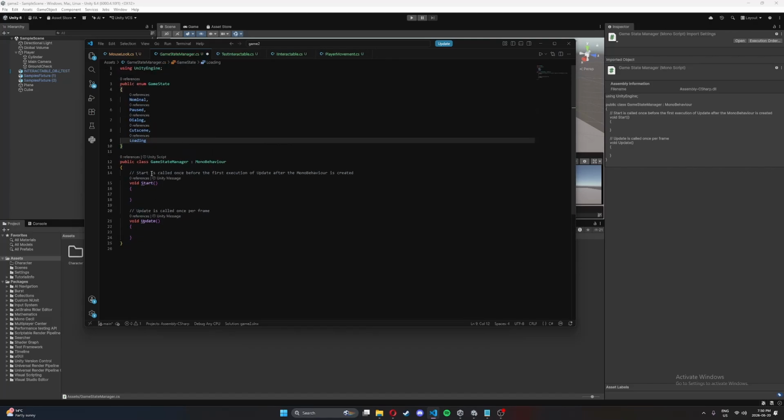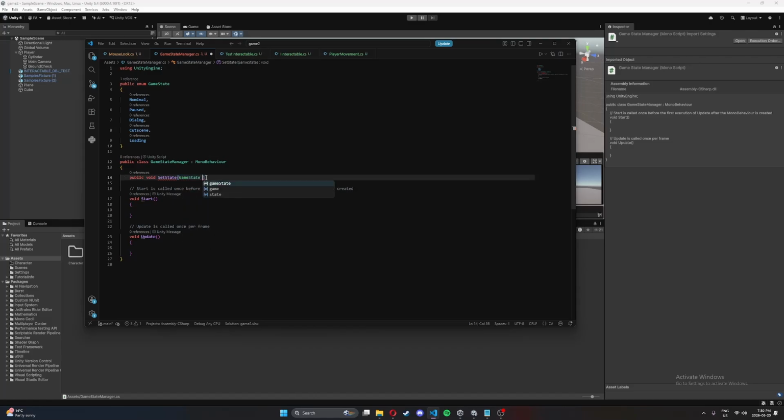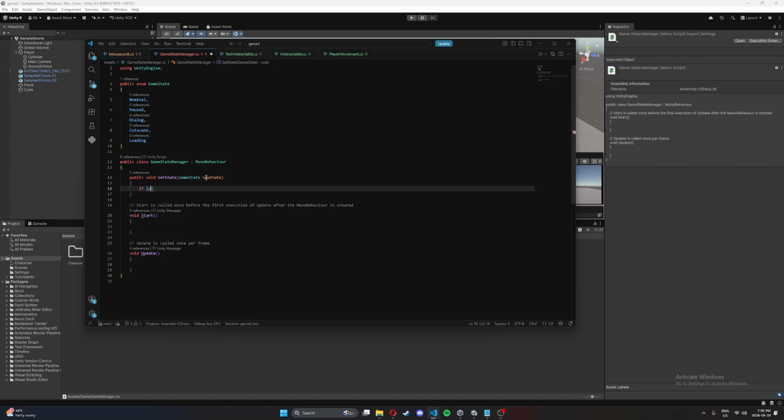Within this, we want to set the state. The way to do that is we need to come up with a function. So we're just going to call it public void SetState, void because it's returning nothing. This time, following the guide, I'm not going to miss that capital there. GameState newState. So if newState is the same as the current game state,